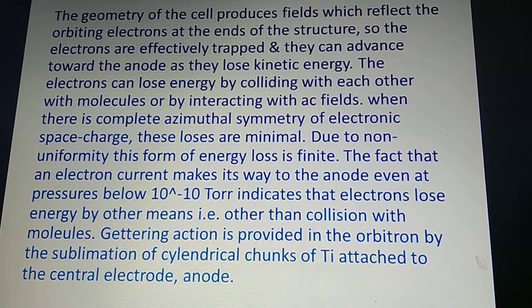The electrons can lose energy by colliding with each other, with molecules, or by interacting with AC fields. When there is complete azimuthal symmetry of the electronic space charge, these losses are minimal. Due to non-uniformity, this form of energy loss is finite,